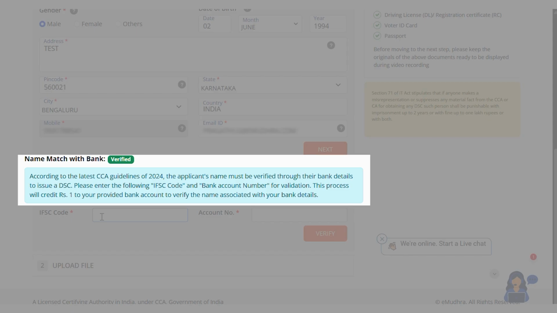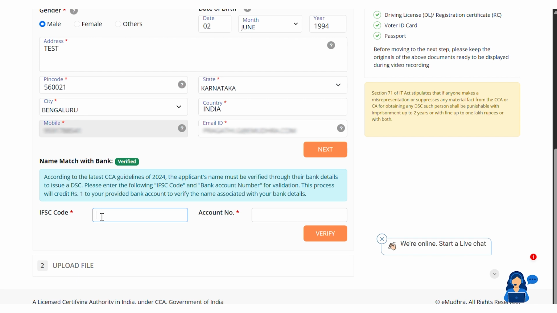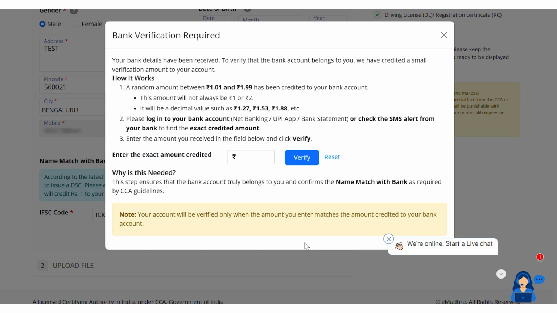As per the latest guidelines for the issuance of digital signature certificates, the applicant's name must be verified using bank details. To proceed, enter your bank's IFSC code and account number, and then click on Verify. As part of the bank verification process, a random amount ranging between 1 rupee and 1 paisa and 1 rupee and 99 paise will be credited to your bank account.